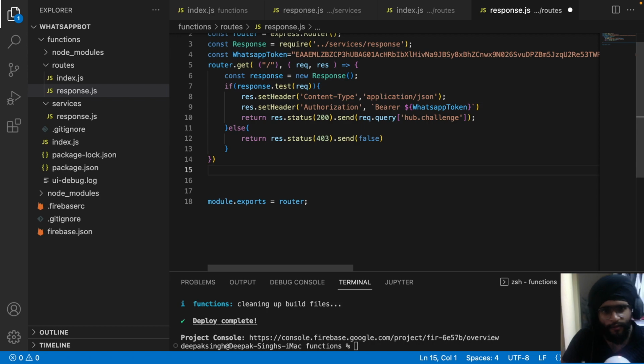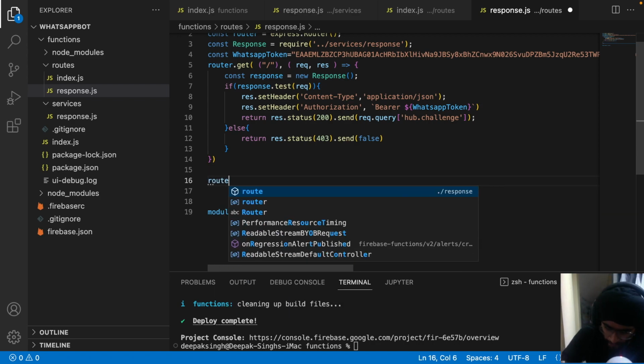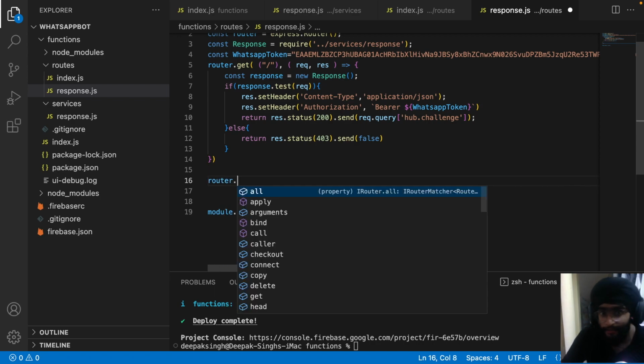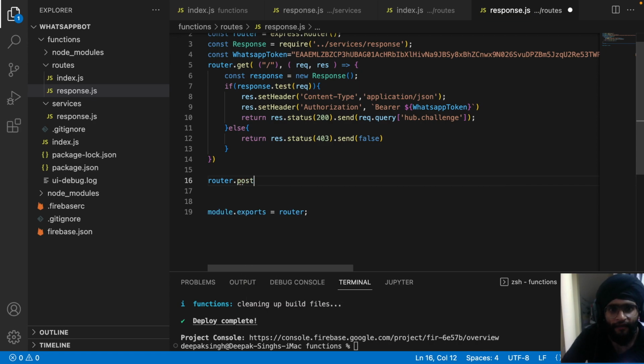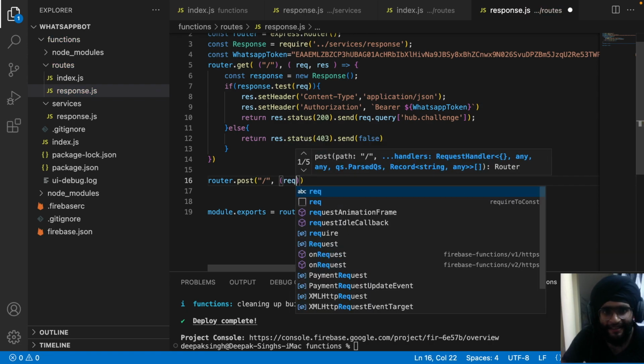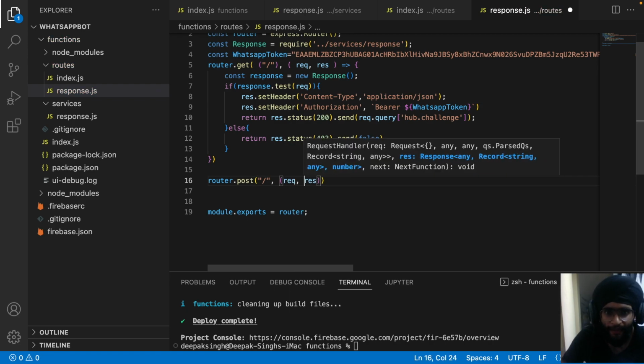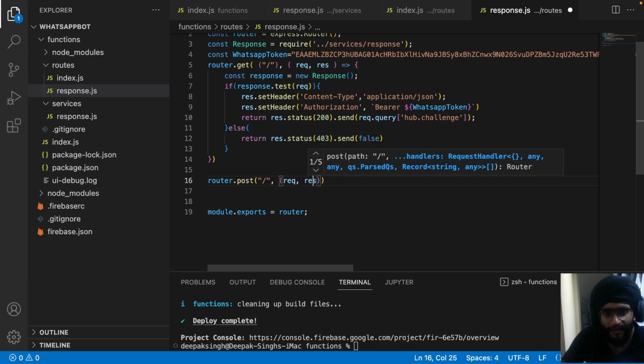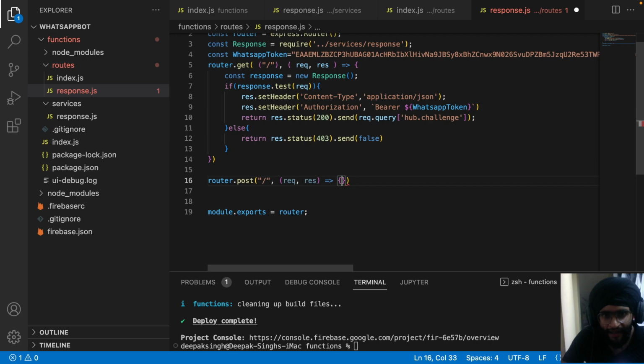Now let's move to a POST request. So whenever you message the bot, it's a POST request. So we need to add a way to handle those messages. So what we'll do is just create our basic router post, pass in the request and response arguments, create our arrow function like usual, and